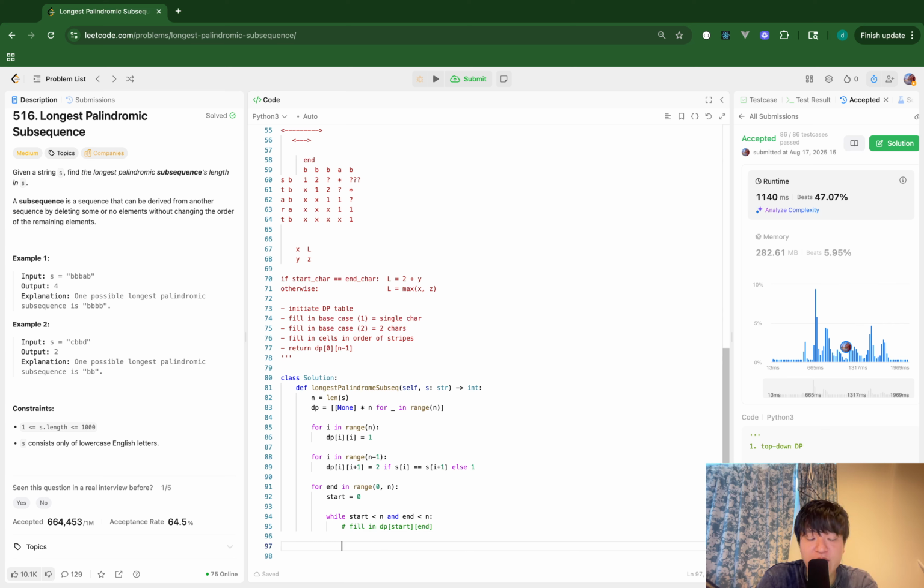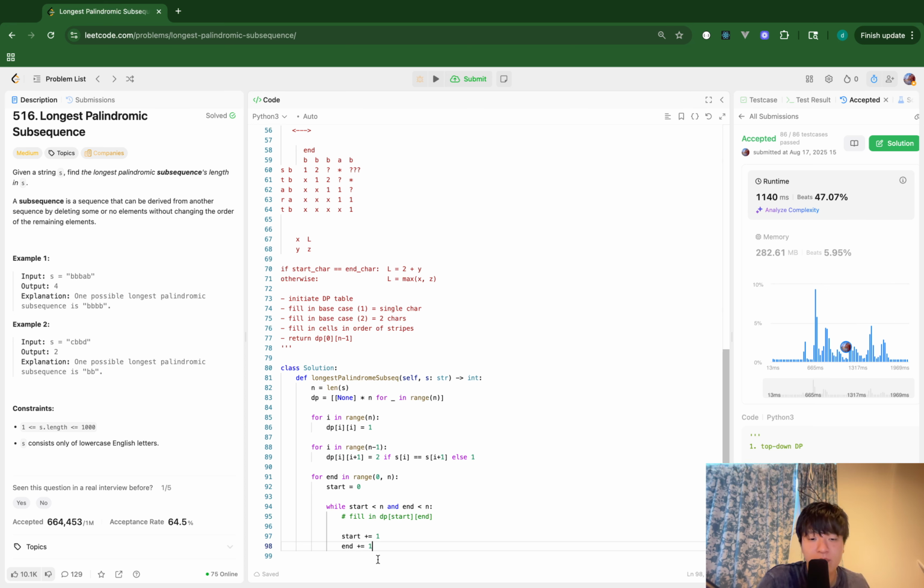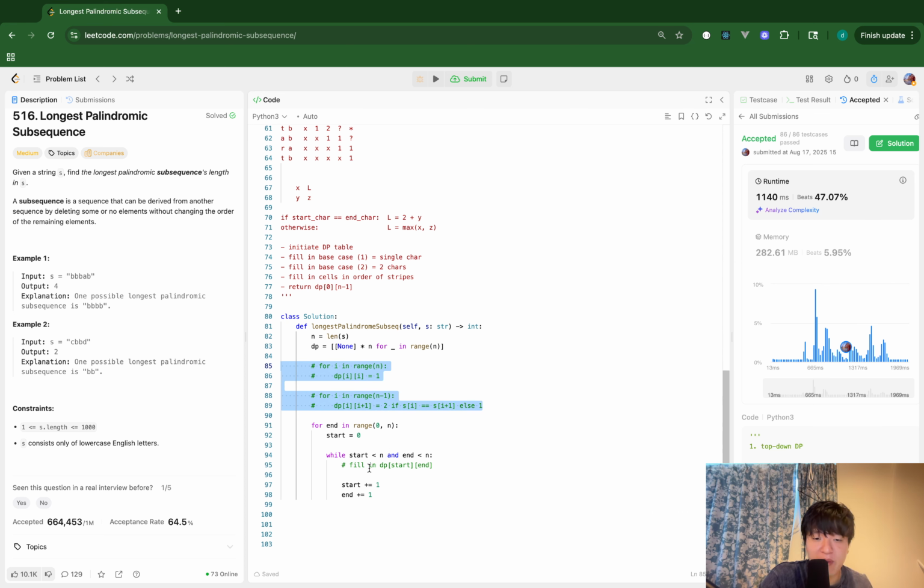Then after filling in the DP cell, I increment start index and end index. And when I come back to line 94, I can check start and end are in the valid range. Good. And what I've noticed here is that instead of filling in the base cases in this way, I can just include this base case here in line 95. So I can say